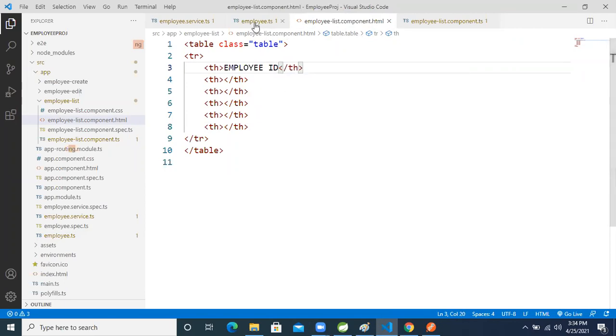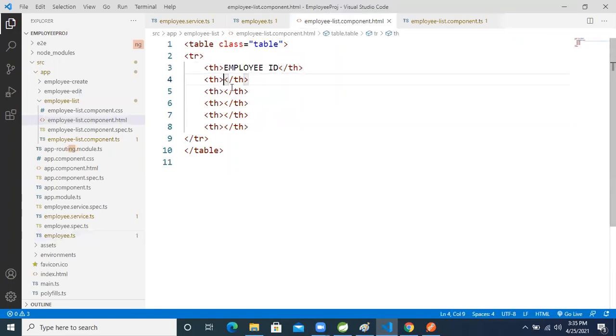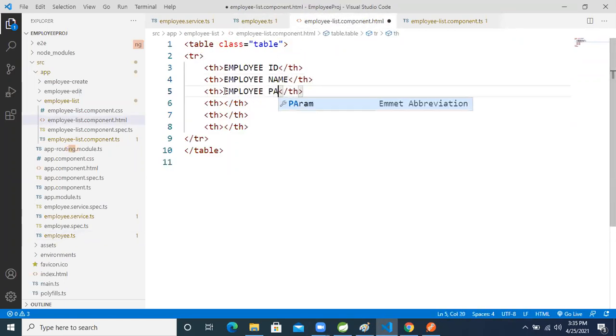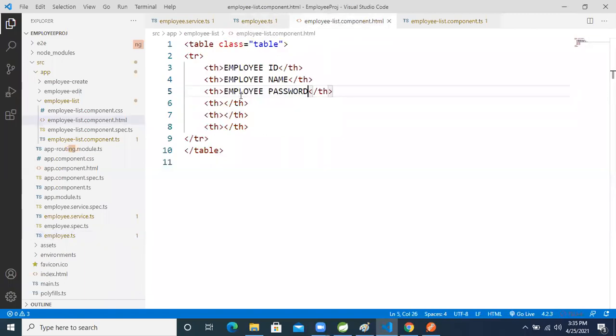Employee ID. Another one is employee name. Employee name. Another one is employee password. Another one is employee gender.